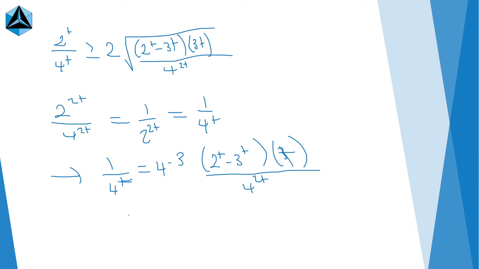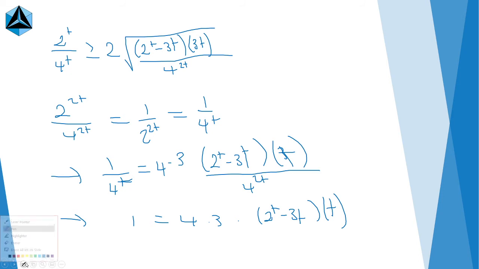If you multiply both sides by 4t, you're going to get 1 is equal to 4 times 3 times 2 to the t minus 3t. This should be a linear term. 3t times t. I'm going to clean this up a bit just in case you were confused. And since I multiplied both sides by 4 to the t, it should be greater than or equal to